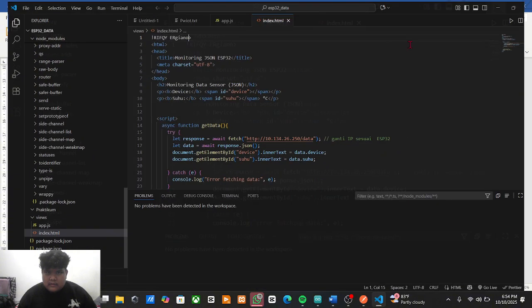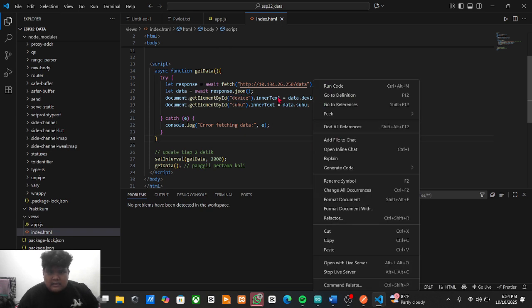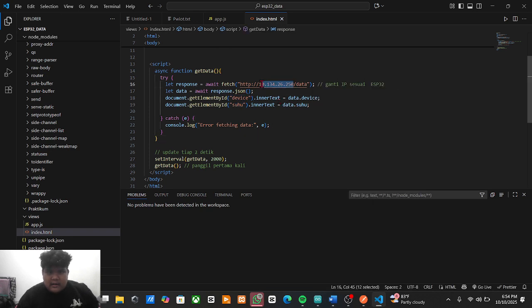Make sure once again about temperature and device. And here, change the code to the IP address that we have before. Just press it, and then run the program.